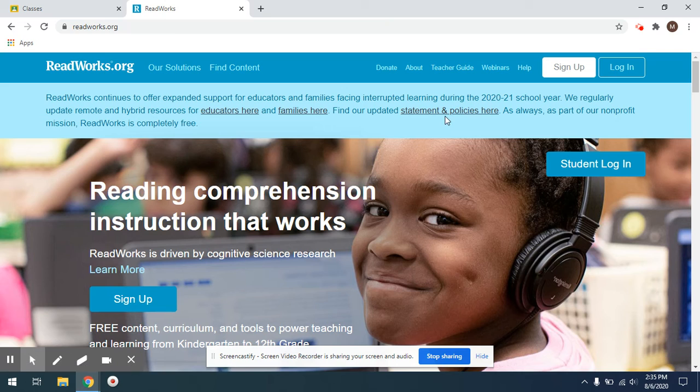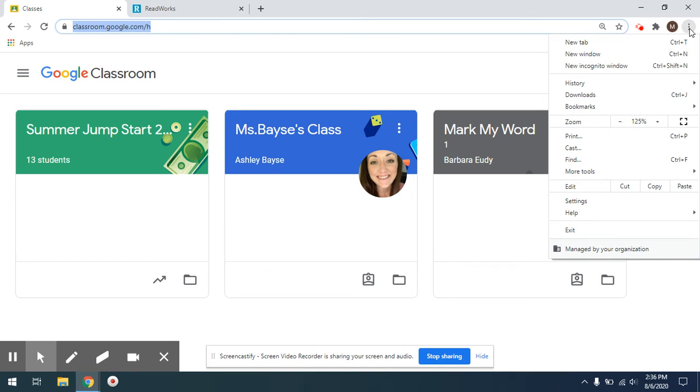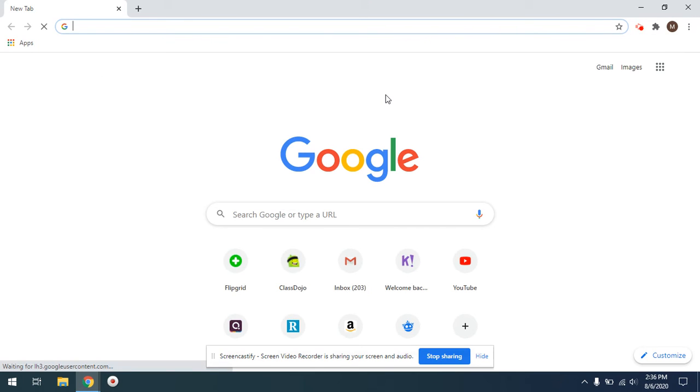Another useful thing that you can do is to open a new window. And this is useful if you have someone else who wants to work on the computer and you don't really want them to mess with your stuff. So what you can do is you can click these three little dots here. And you have two options. You can open a new window, and that will open a plain normal window, but it might keep you signed